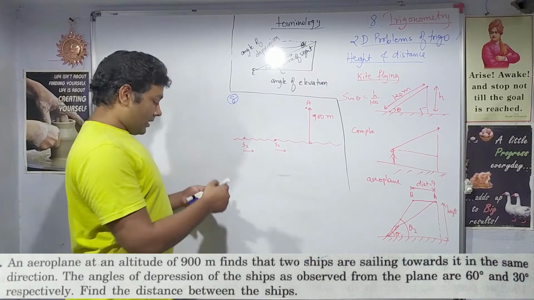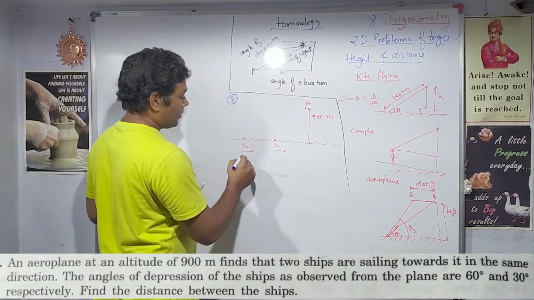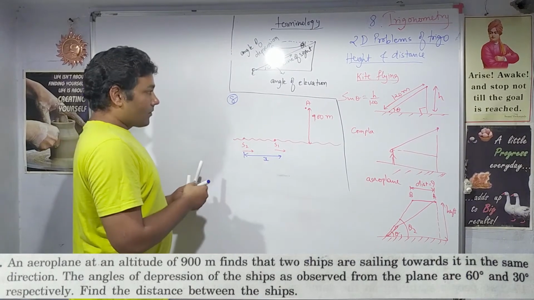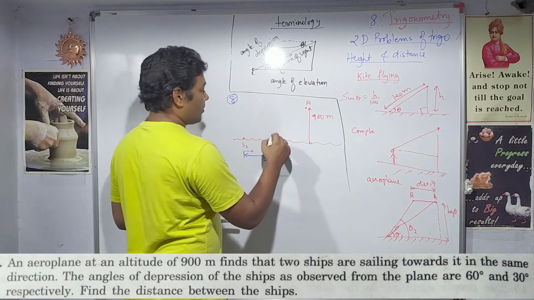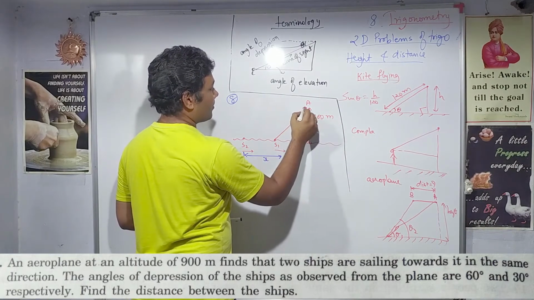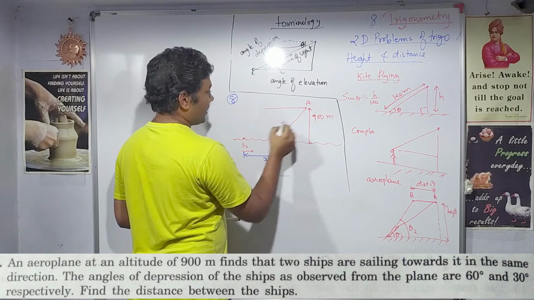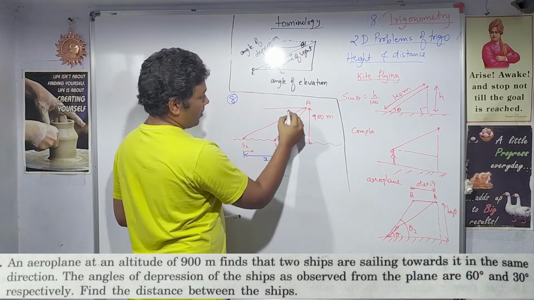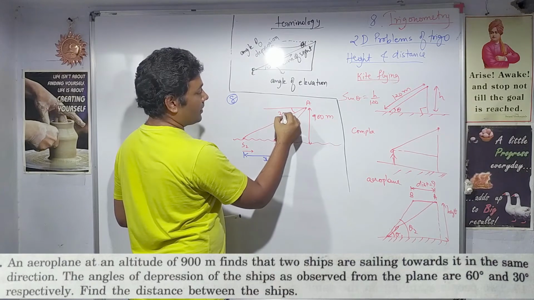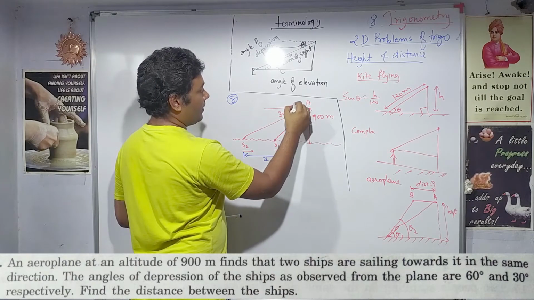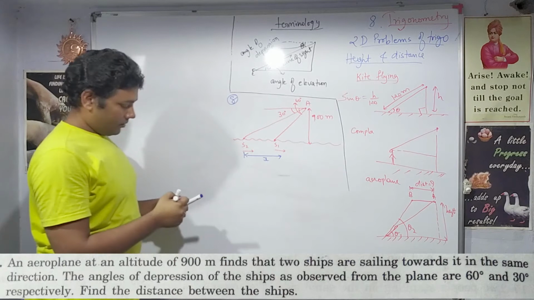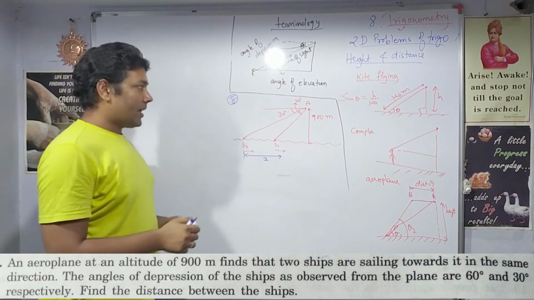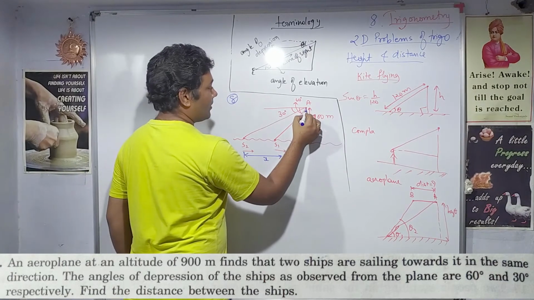Right. So this distance we are asked to calculate. S1, S2. This distance x is to be calculated. Angle of depression are given. So let us draw the depression angles. So this is this angle and another angle will be this. Obviously this angle is smaller, so it will be 30 degree. And this angle will be 60 degree. Right. Again, can you see the triangle? If you can see the triangle, then it is good.